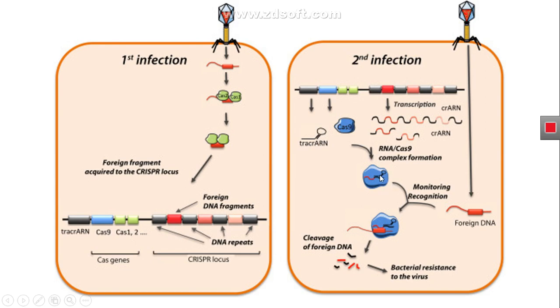This tracer RNA then combines with the Cas9 protein, and what does this system then do? This system finds the bacteriophage DNA by scanning it via the CRISPR RNA sequences that were previously memorized in the E. coli cell, and then the DNA cutting enzyme Cas9 chops this foreign DNA upon the second infection of the bacteriophage.